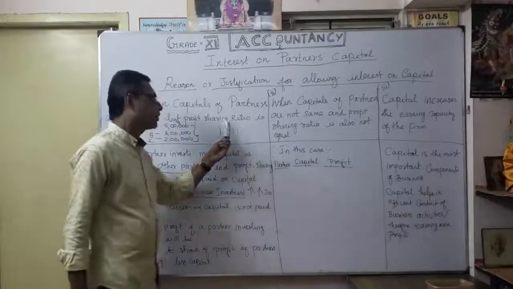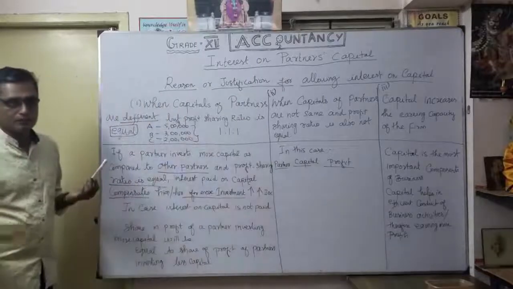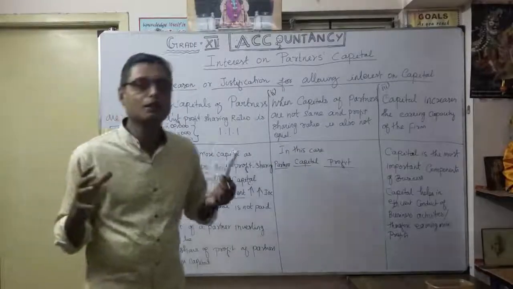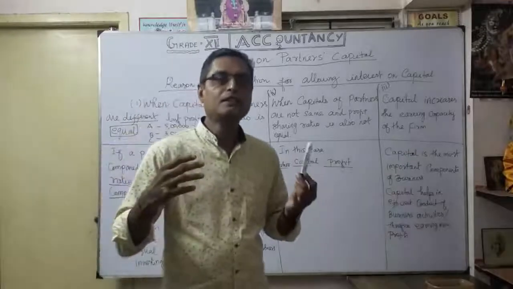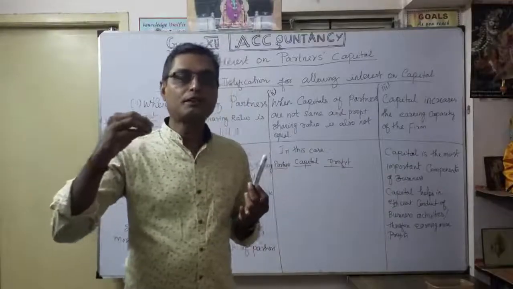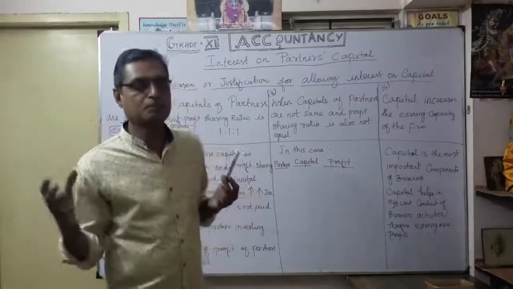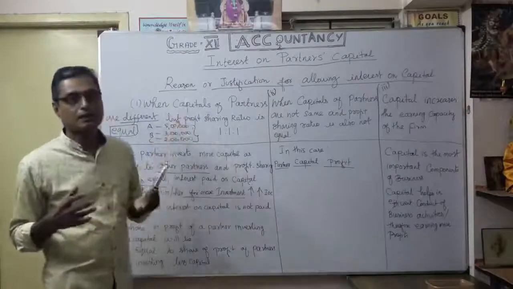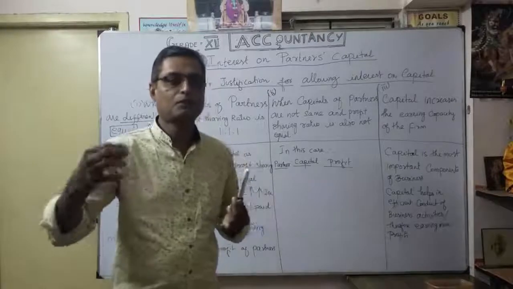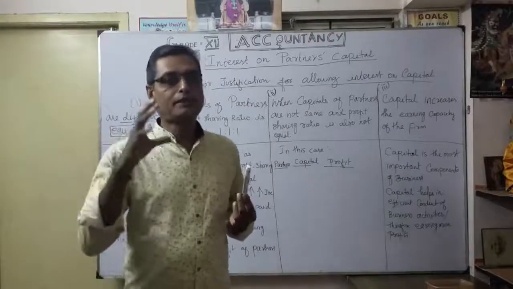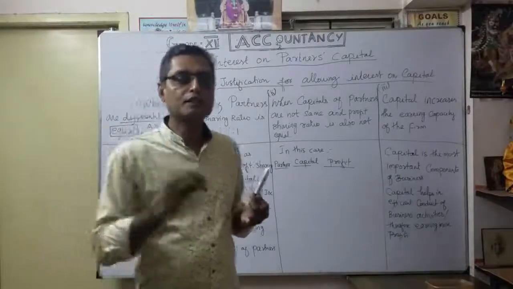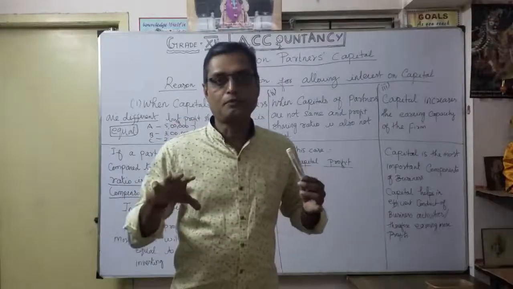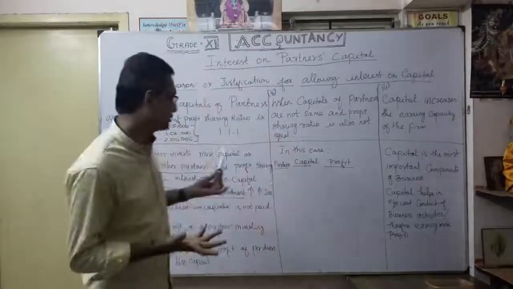The profit shared by all the partners is equal. So we will encourage some partners to contribute more capital than other partners. In this situation, interest on capital will compensate the particular partner who invests more capital, even though they receive profits equally among the partners. Okay, that is the situation.